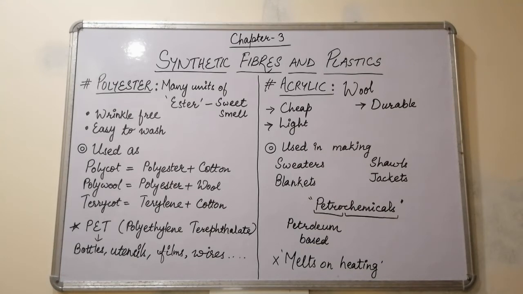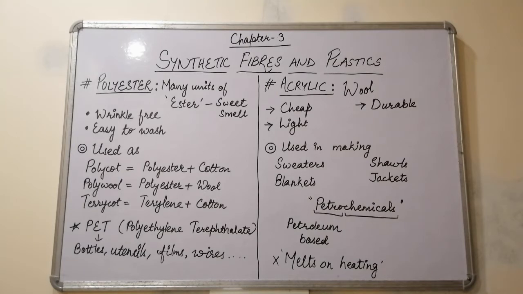Now polyester is a fiber which is used to make the polyester fabric, and this fabric has specific characteristics. The two characteristics for which it is famous is the polyester fabric is wrinkle free. That means there is no kind of wrinkles created and there is no need to iron the clothes. Then it is easier to wash as compared to our natural fibers like wool, cotton, jute. The polyester fibers are easy to wash. No stains could adhere easily to the polyester fiber.